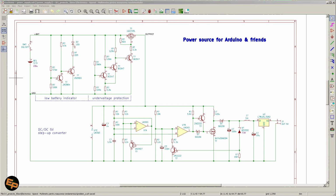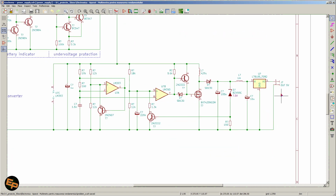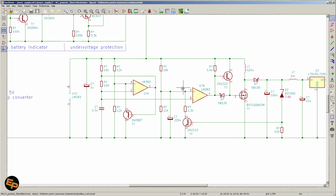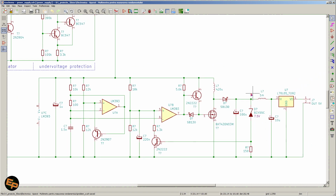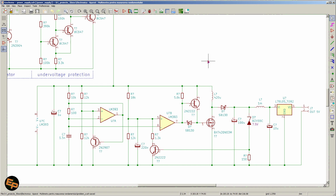So this is what we have here on this lower portion. I have a DC-DC converter that generates about 8 volts. That is then being stepped down by a linear voltage regulator to make sure that we have an absolutely smooth 5 volts power supply for the rest of the circuits. Now, the workings are relatively simple,